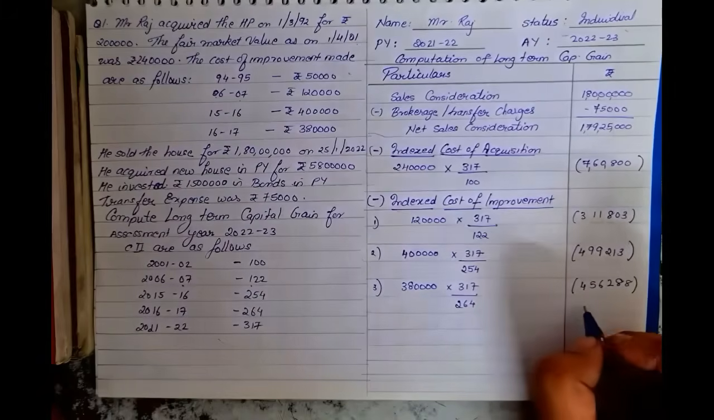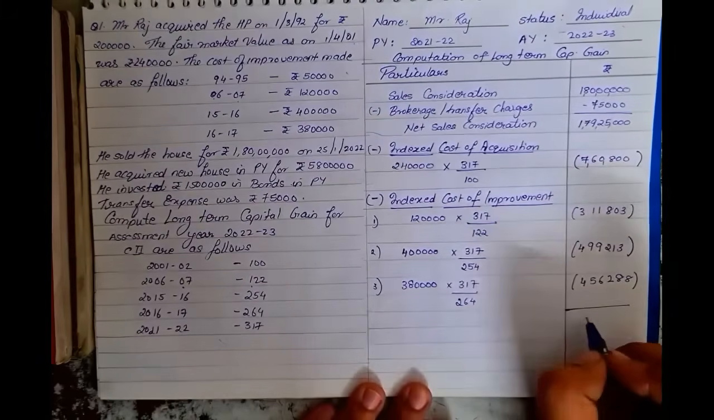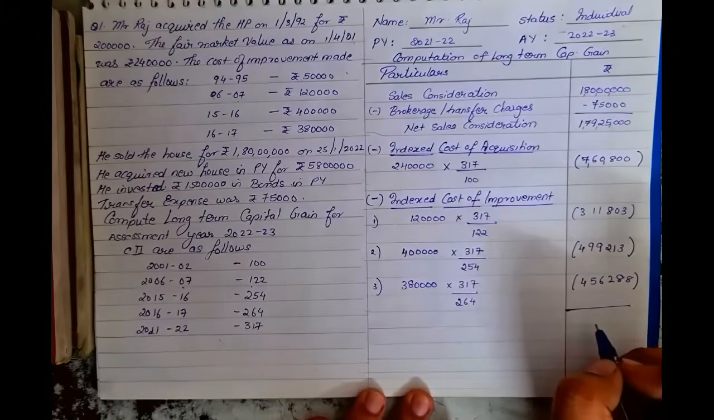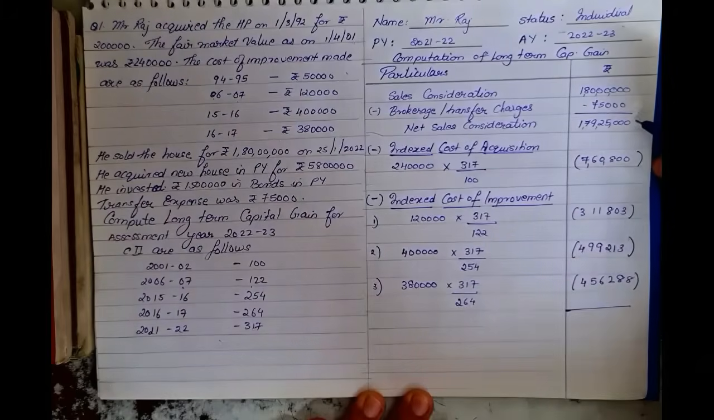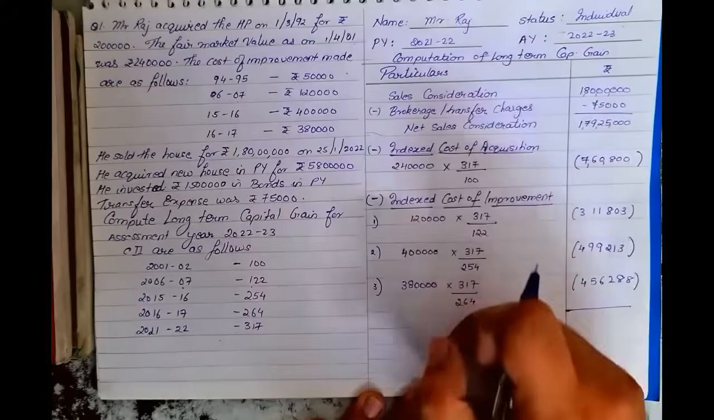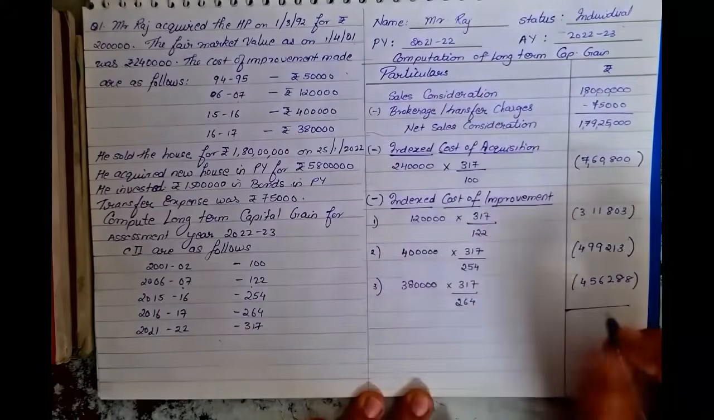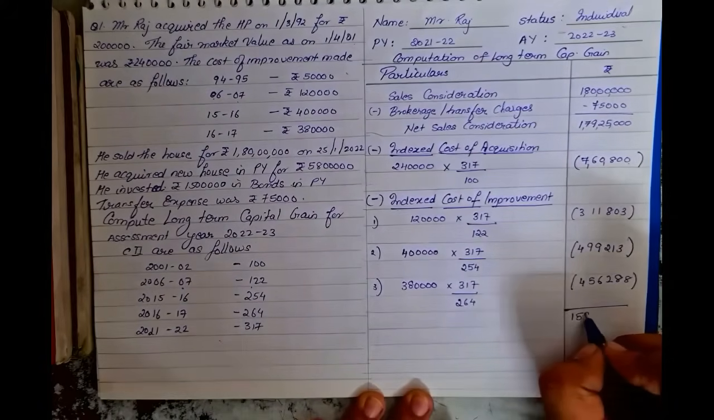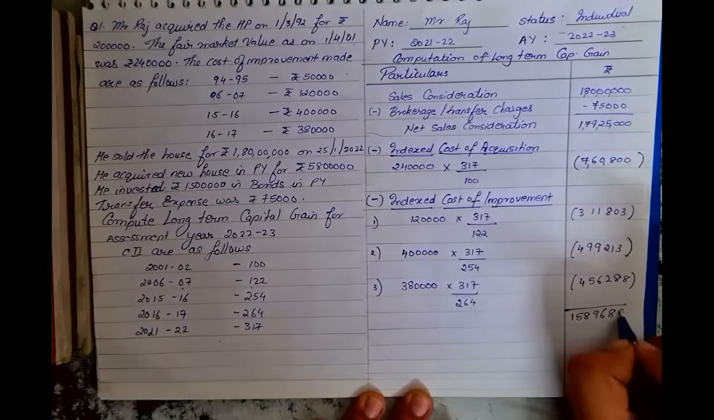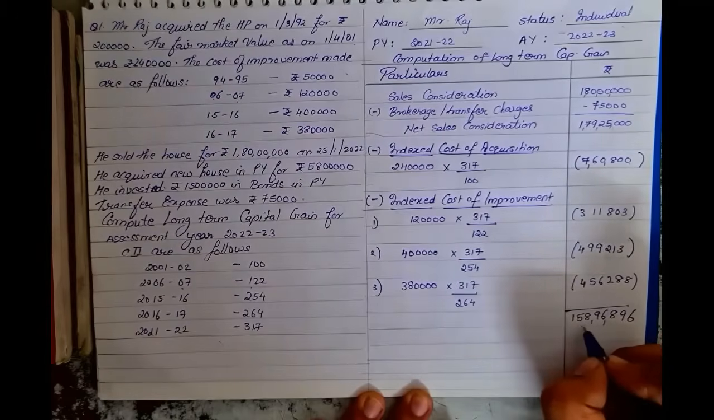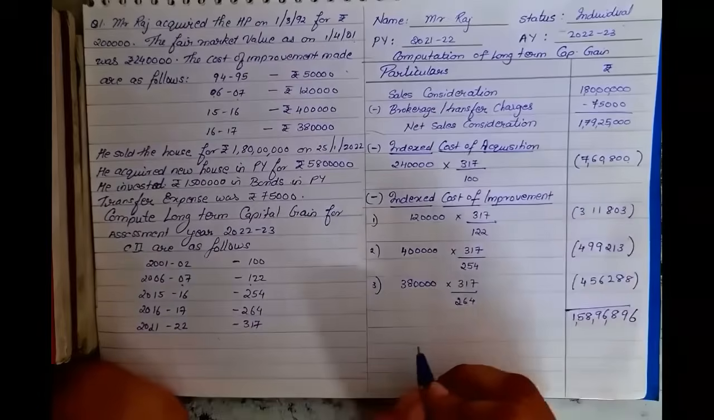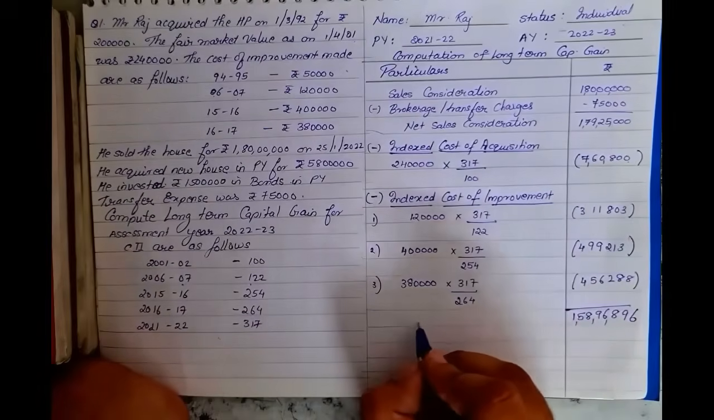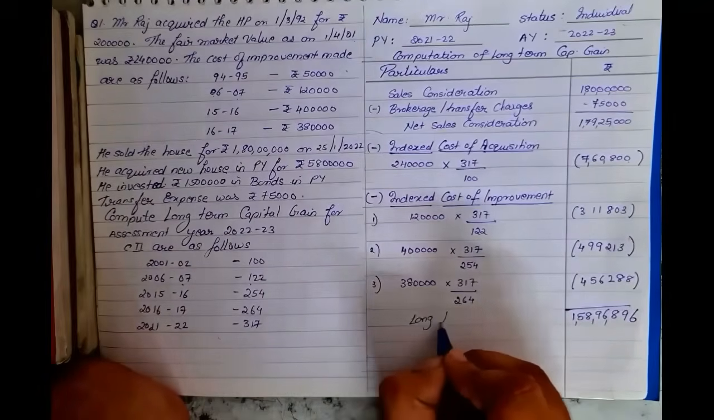4,56,288. You subtract them all and you will get our first answer, that will be known as long-term capital gain. From the net sales, it will be net sale less. Remember, from top to bottom each and every value will be less. So the value that you all should have got would be 1,58,96,896. This is known as long-term